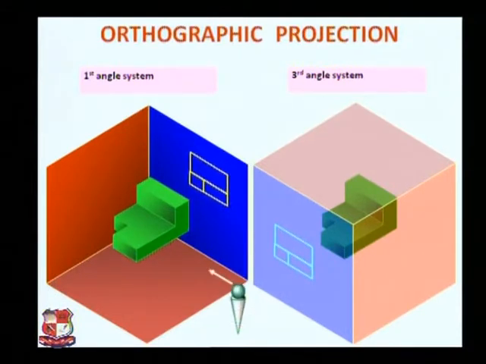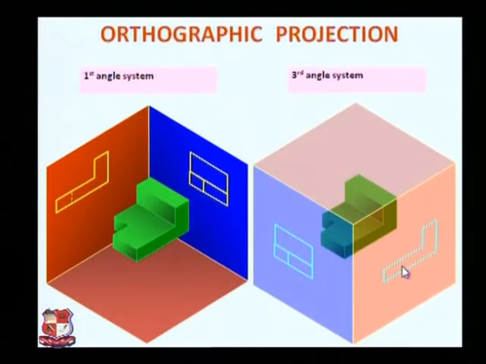Now think about the side view. If you look from the side, its projections can be drawn on this projection line like this. It will appear as an L shape. And in third angle, it could be drawn like this. This is the observer, this is the projection plane, and this is the object. So between object and observer the projection plane is there, which can be drawn like this.